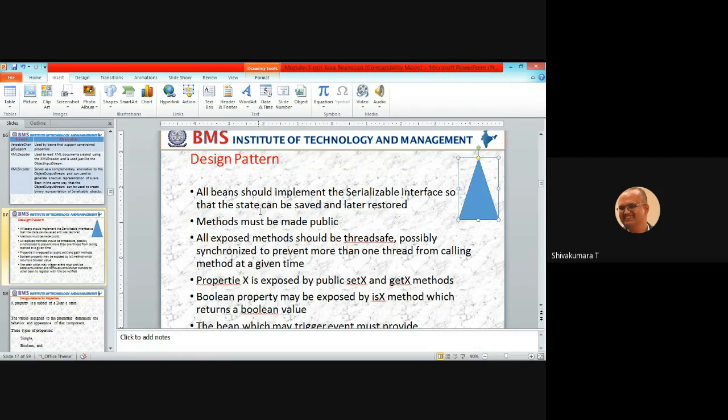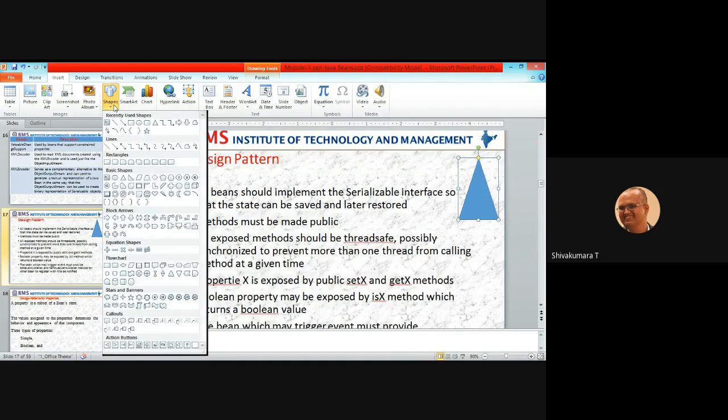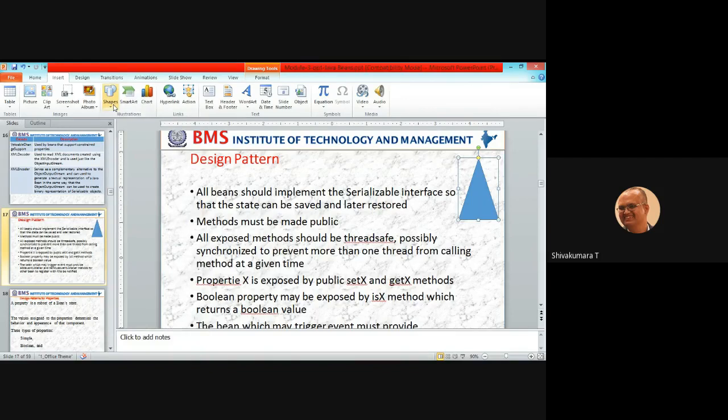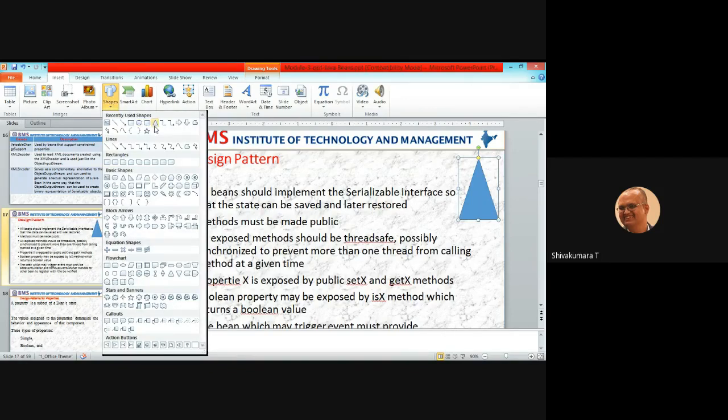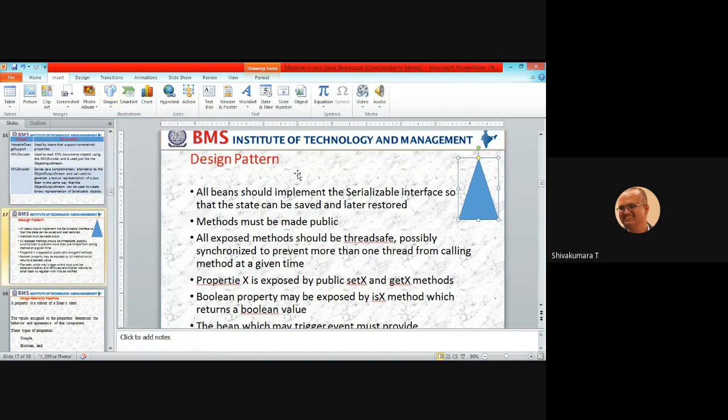And methods must be made public because if anyone enters into this PowerPoint, they can make use of these shapes according to their uses. So that's the reason you need to make the methods public, to access those methods by applying them onto a specific shape. For example, here the specific shape is the triangle.